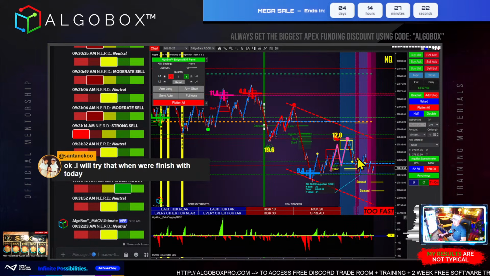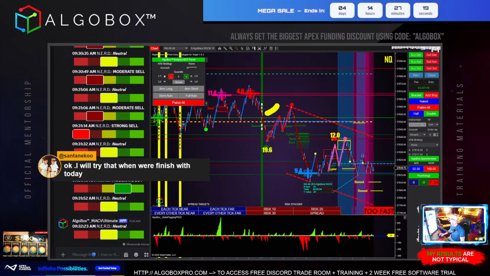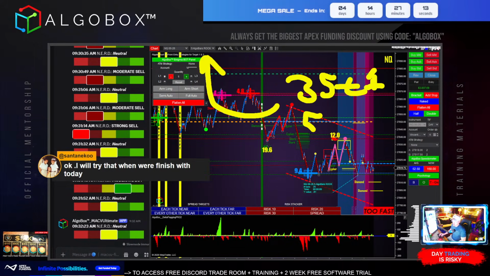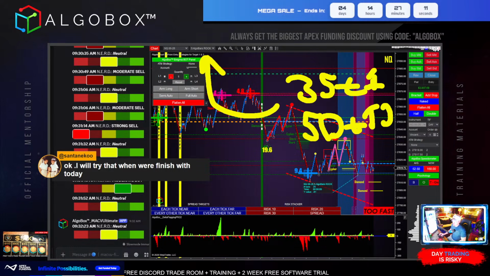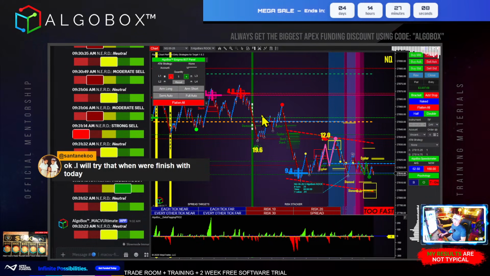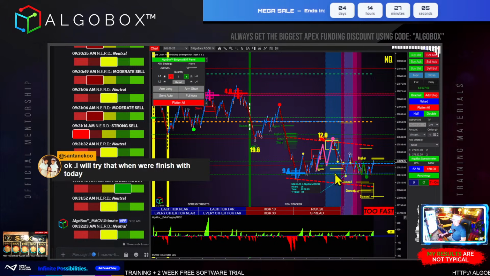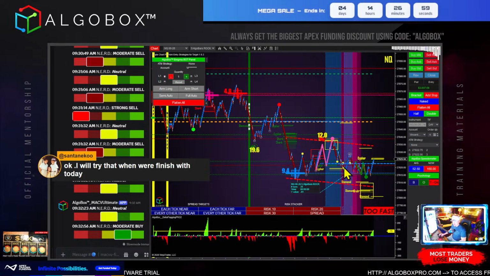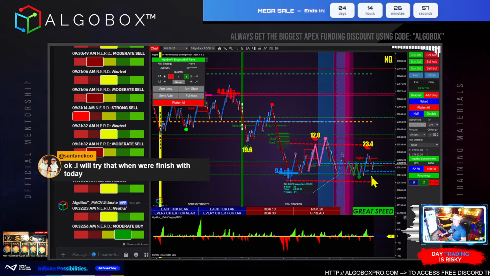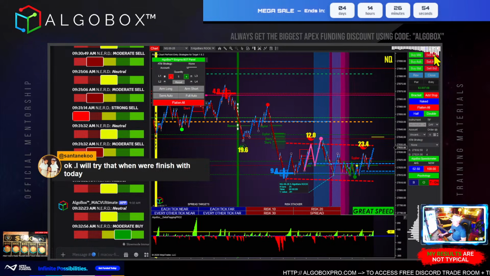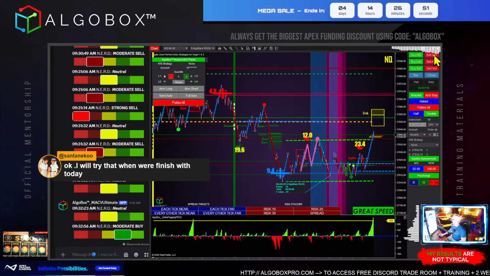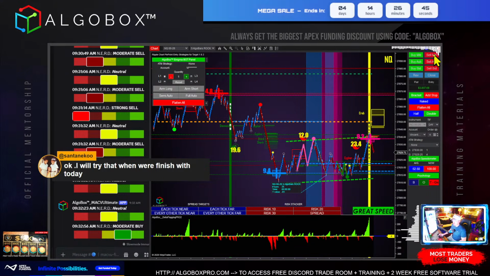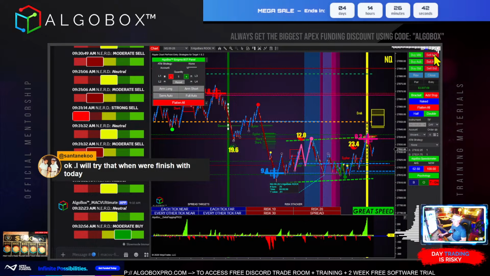If I'm grabbing target 1 and target 2, which I mentioned this morning off the 5s, it's 35 ticks for target 1 and 50 ticks for target 2 on my 5s here. Pretty easy grab. Normally I want to sit on my hands for the first 5 minutes, but when it's that juicy, it's hard to pass up. All right, looks like I've got another 23.4. This is probably going to be my trade number 2. I'm here in buyer's step. I need to wait for the buyers to step off that tape. We have a delta shift. I'm going to pass on this one. That just seemed a little bit crazy.